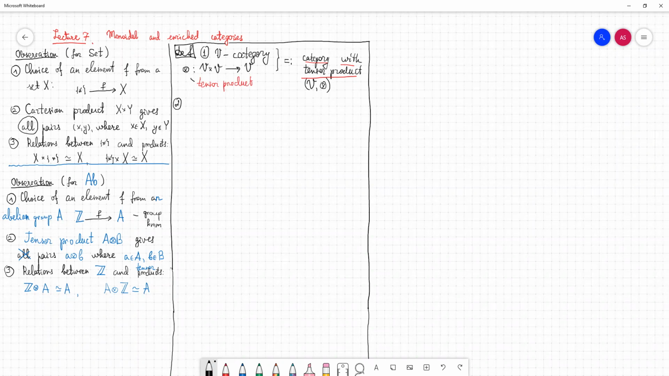Second definition is the following: a set of isomorphisms S in a category with tensor product V, comma, tensor is said to be coherent. The main word here is coherent, if